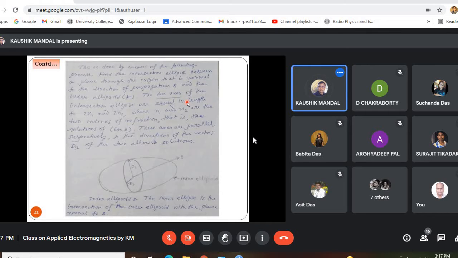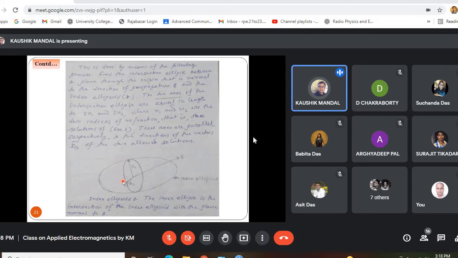So the index ellipsoid and the purpose of the index ellipsoid is clear to you, I think. The index ellipsoid is basically the plot of refractive indices as a function of polarization angle, and it is basically used to find out the two refractive indices and the two directions that are associated with D1 and D2. That is the basic thing about the index ellipsoid.